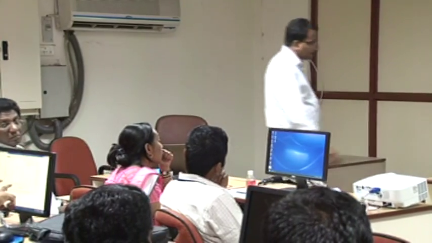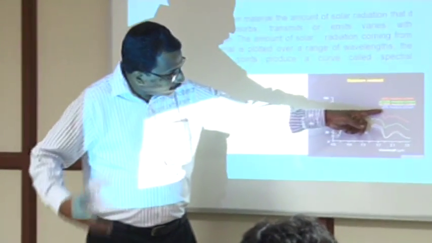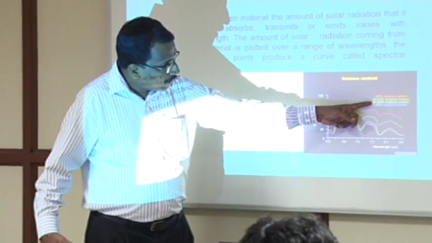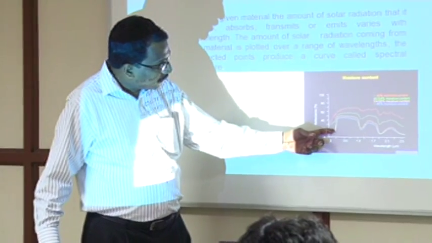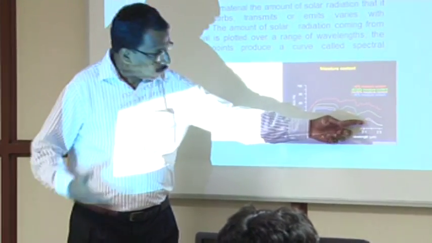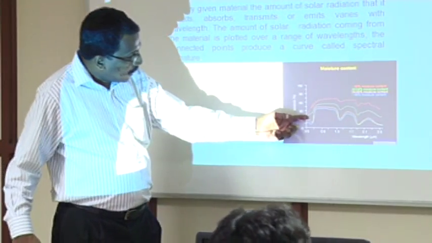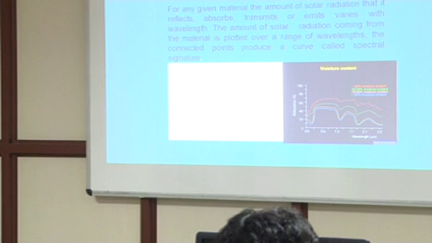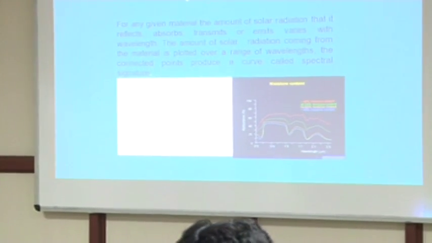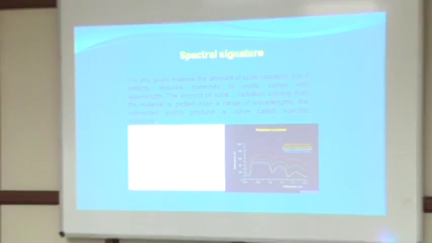So the identification of the objects and the magnitude, you can see here, 66% moisture content is giving this, and somewhere around 54 to 66% moisture content is showing this one. But the pattern is the same. Only the change will be there in the signature. That is the only change. And this is having another. So the pattern is the same. This will help in identifying the feature. So the spectral signature will help in identification of the objects.